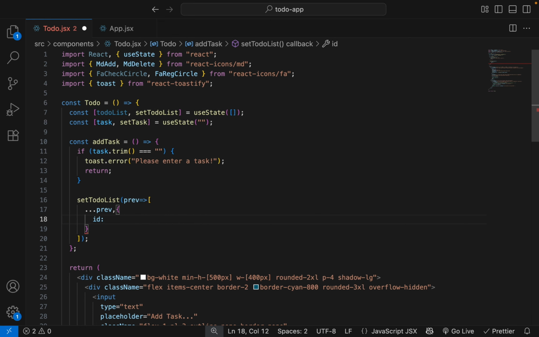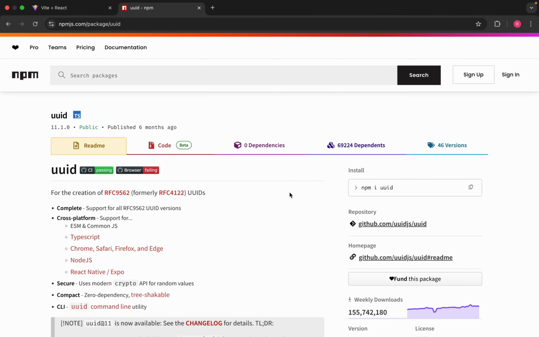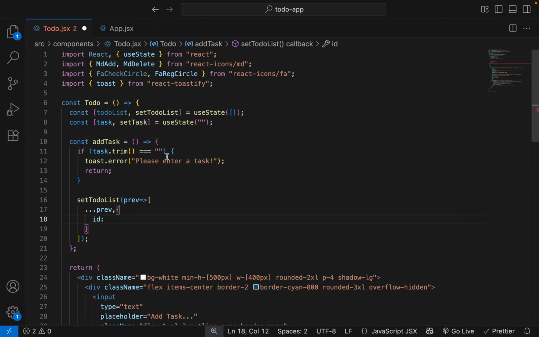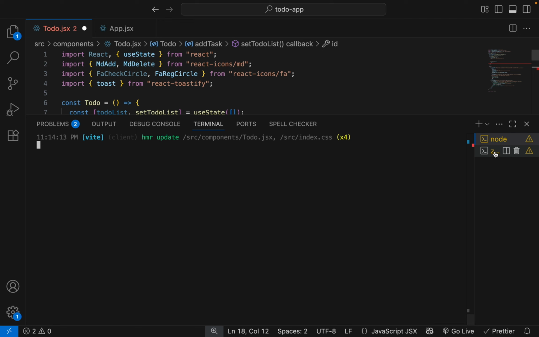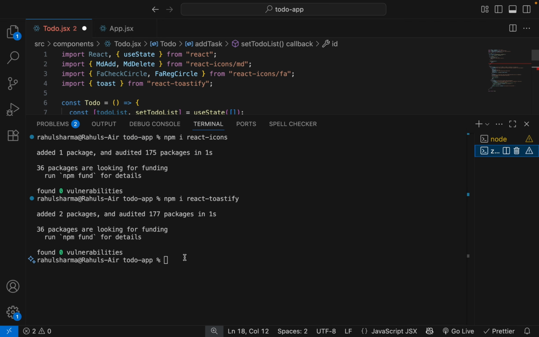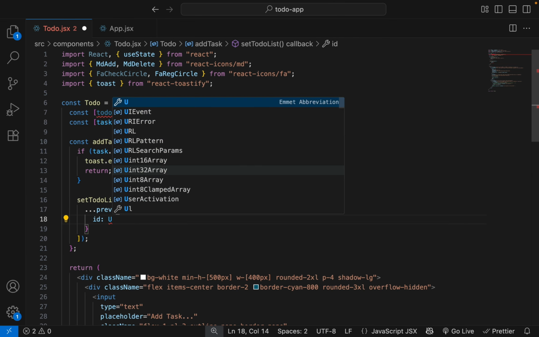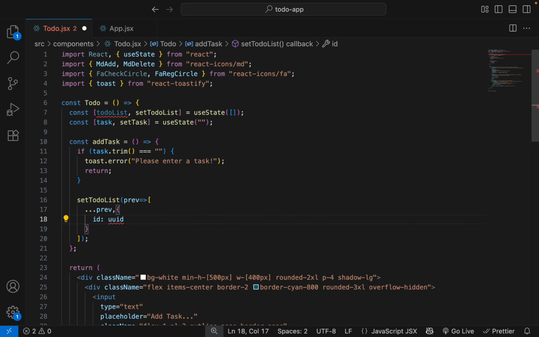For the ID we will use UUID. So let's install UUID v4.